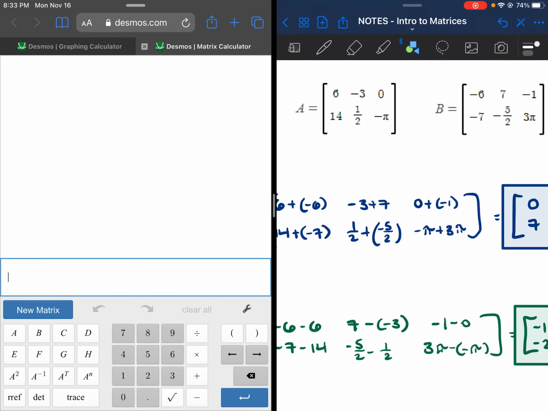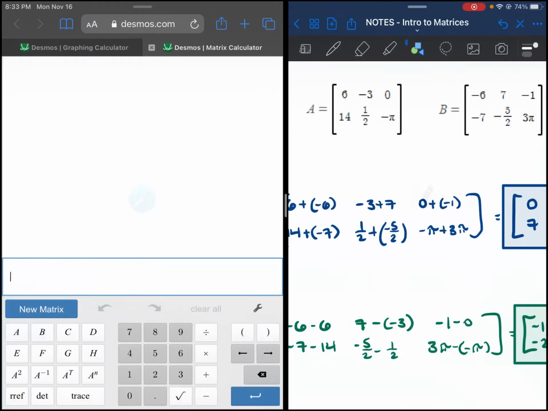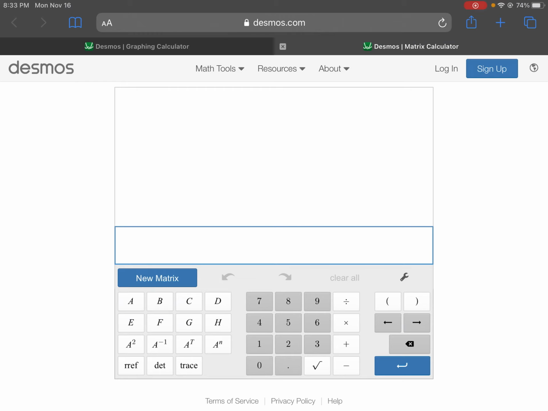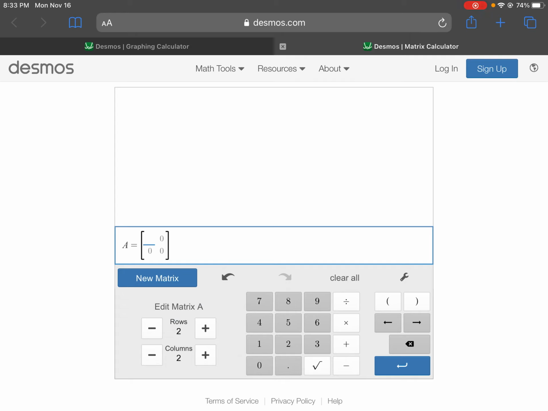All right, so here we are with Desmos. And I'm just going to go ahead and full screen it here. So this is desmos.com/matrix. I'm going to put this on eClass for us. But let's go ahead and double check these matrices. Now, in Desmos, anytime we want to create a new matrix, we can click the New Matrix button. If it's the first matrix, it's automatically going to name the matrix A. There's no worries there. If we look at our notes, matrix A and matrix B were both 2 by 3